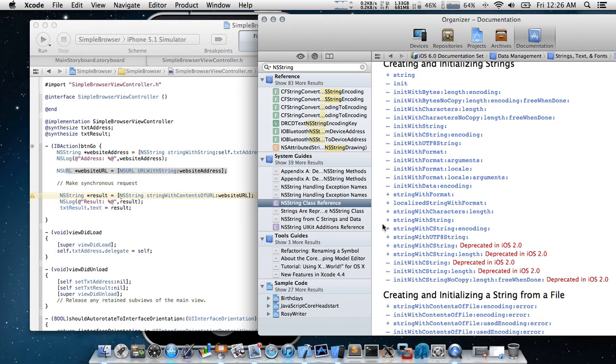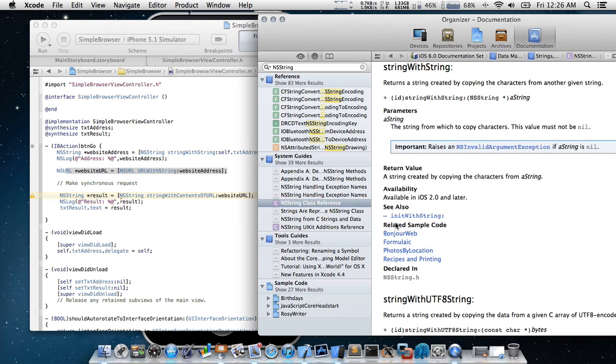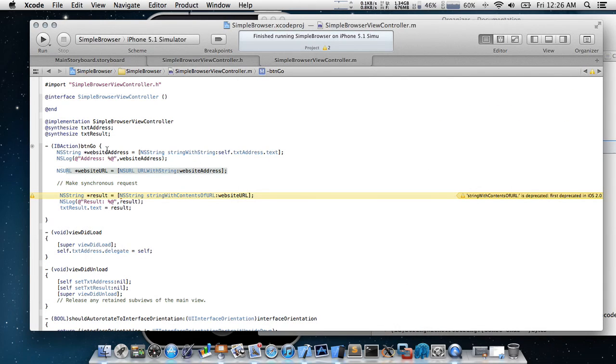Again, it's a class method. I can just verify it for you right there. And it accepts some string. It could be a constant string or another variable with type NSString. Okay. So again, in this case,